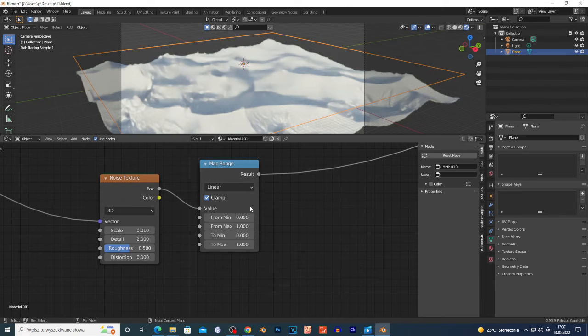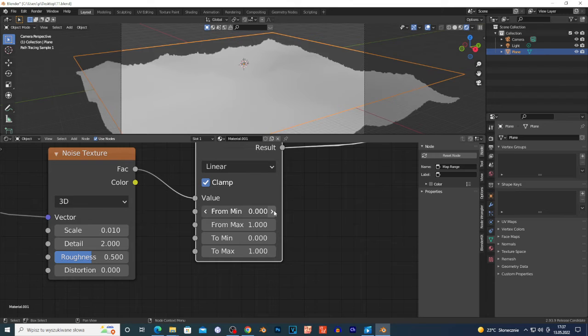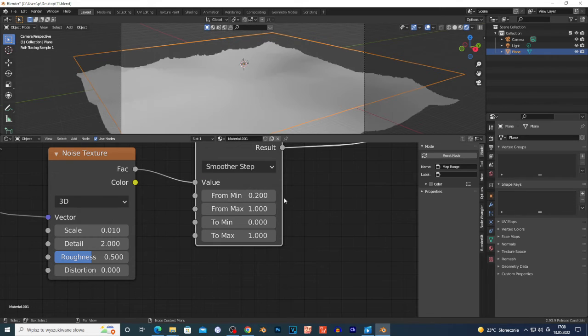As you can see, now it's basically nothing, but if I drag the number right here, maybe I'll change this from linear to smooth step. You can do this. As you can see, this dark area is going to be flat if I drag